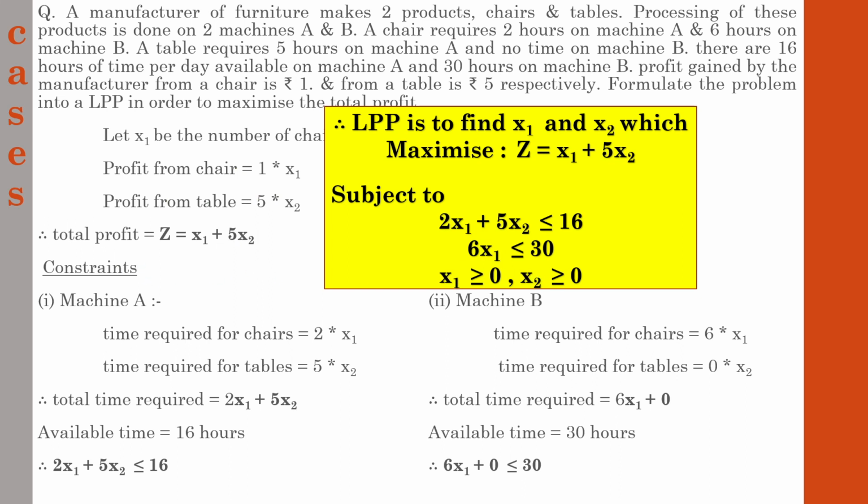In the previous slide we mentioned the formats, and in that we mentioned various variables. Some variables will be mentioned as constants. Constants means numbers. We will be using various numerics with regard to those constants. That is why we mentioned that constants will be represented in the form of numerics. So these are the various aspects with regard to LPP.